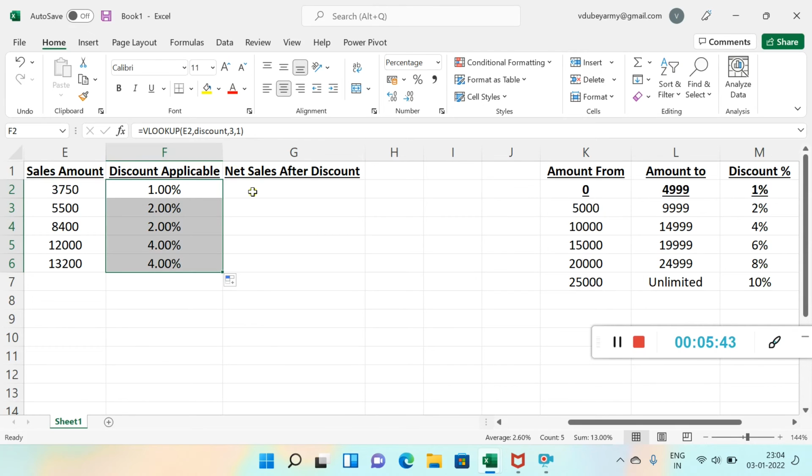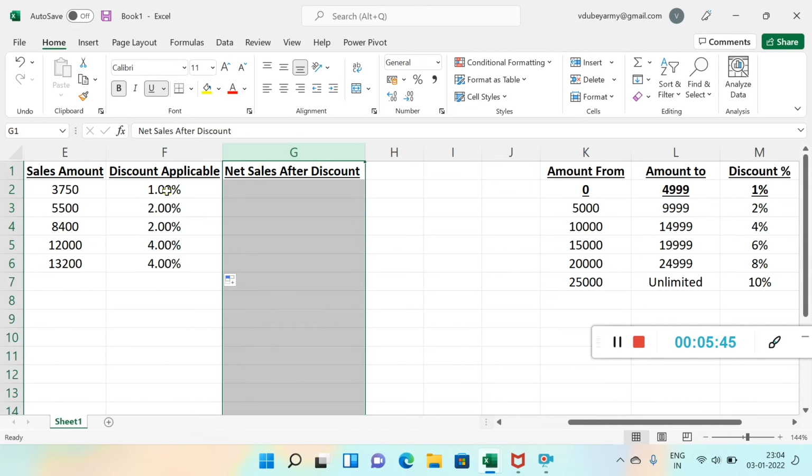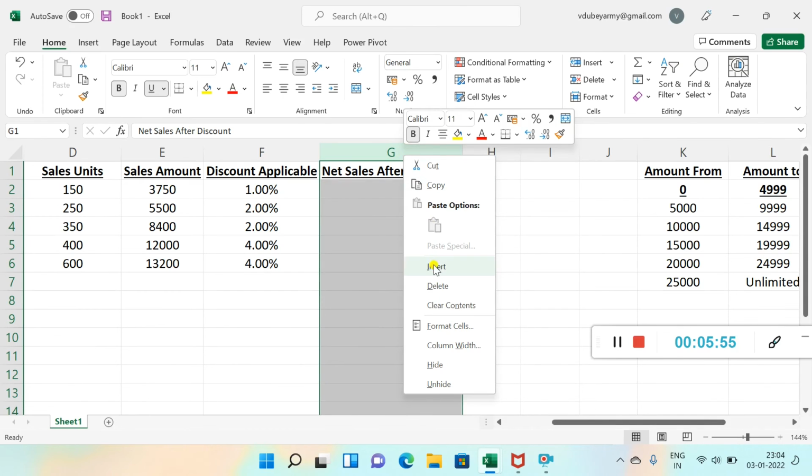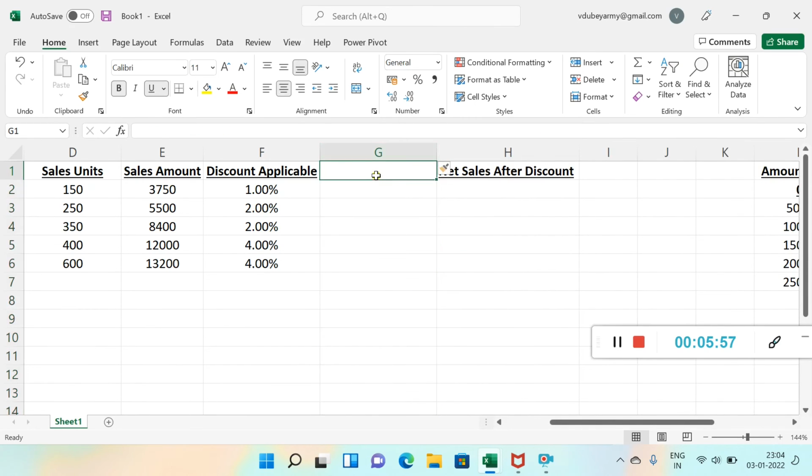Then going further, before calculating net sales after discount, we will calculate the discounted amount, right? So I will insert one more column and write discount amount.